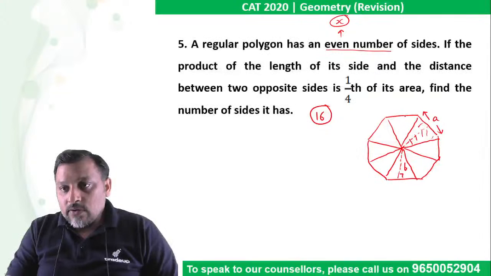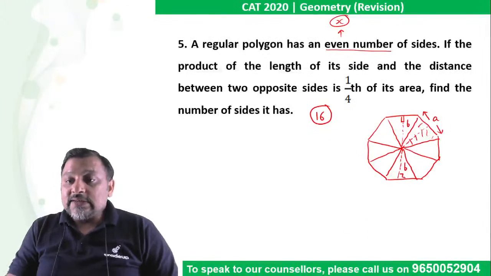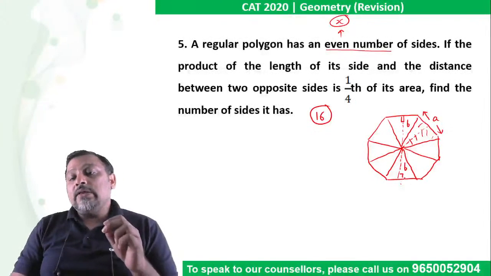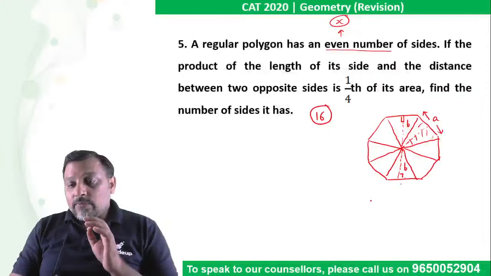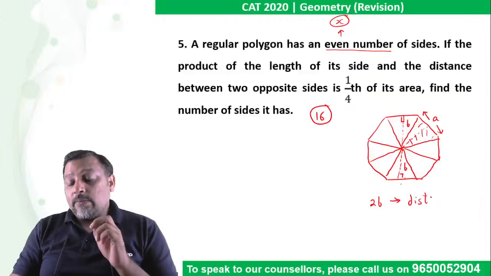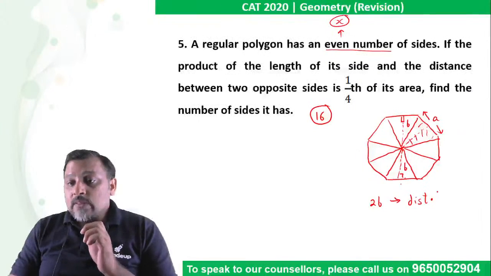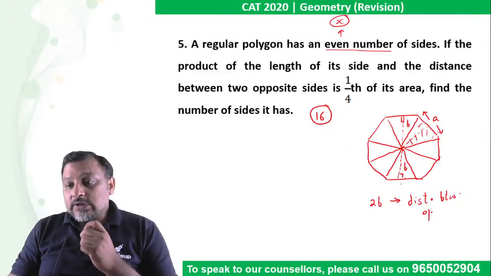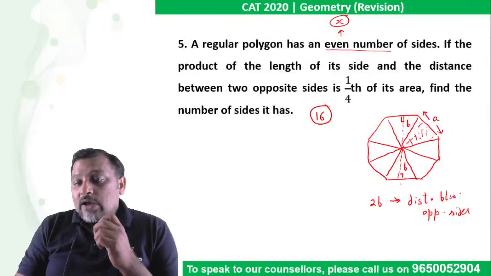So can we say this should also be B? So the distance between two parallel sides, in case of any polygon with an even number of sides, would be twice B. This is the distance between parallel, opposite sides. Okay, they have to be parallel as well as opposite. So the distance between opposite sides is 2b, and the area of this polygon,